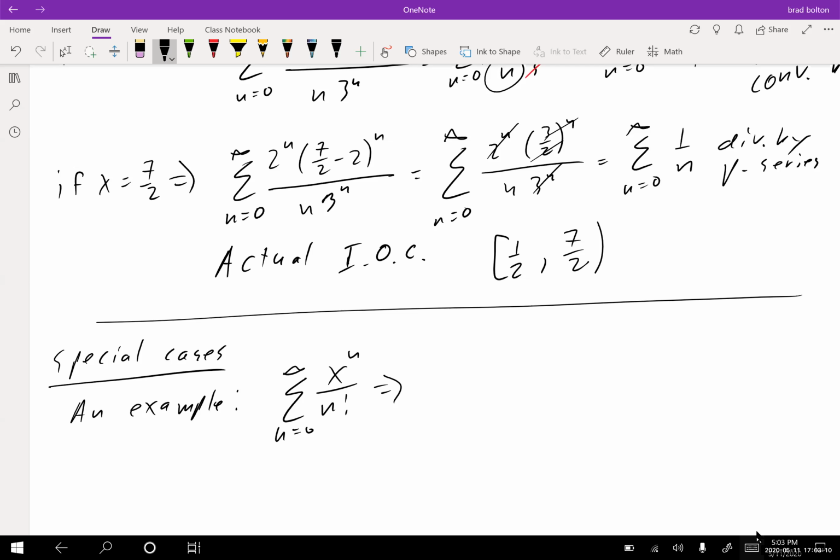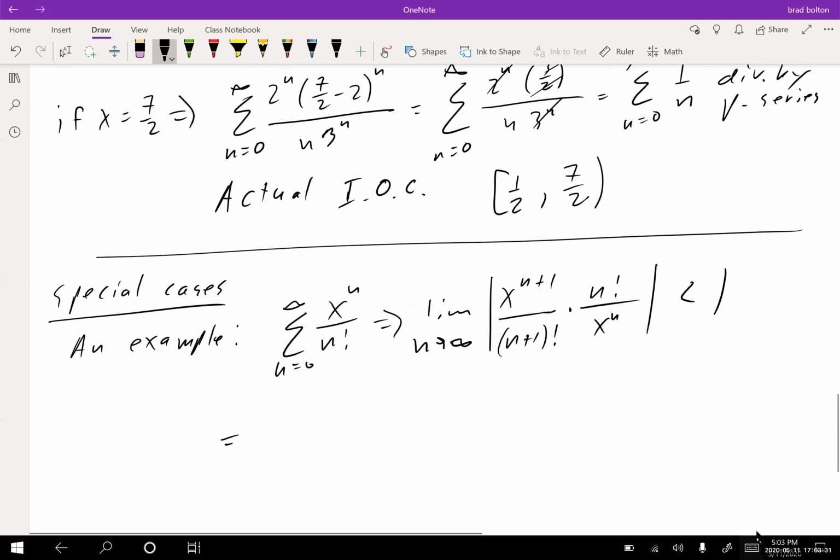Well, we know that we're going to do the limit as n approaches infinity of the absolute value of x to the n plus 1 divided by n plus 1 factorial, times the reciprocal, n factorial over x to the n, and we know that has to be less than 1. So this becomes the limit as n approaches infinity, and this will cancel with this, and we'll be left with the absolute value of x, and this factorial will cancel, and we'll just be left with n plus 1